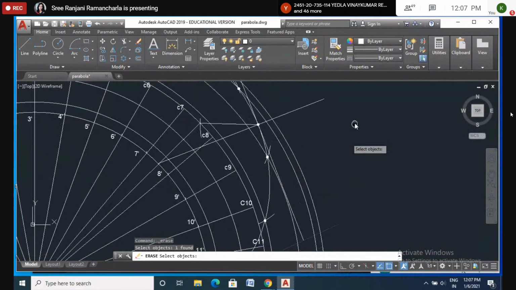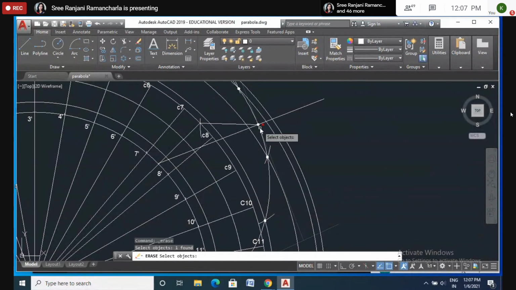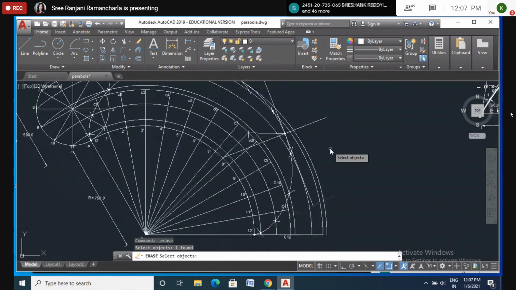Yes, ma'am. No, okay. So what you do, instead of marking this side, you better mark this side once and try yourself whether it is coming or not. If you mark this side, when you draw this line here and join these two points, the tangent will come in this direction. See here, in this direction. It comes like this. So that is not a normal. Okay. So do it on both sides. You check it yourself so that you will get confidence about which direction you have to draw to get the normal and tangent.